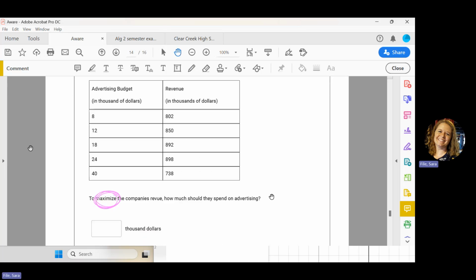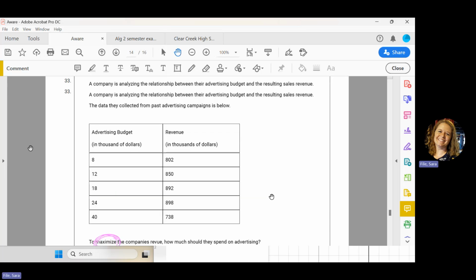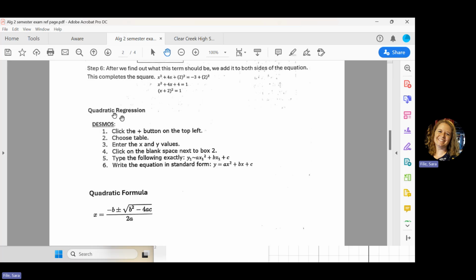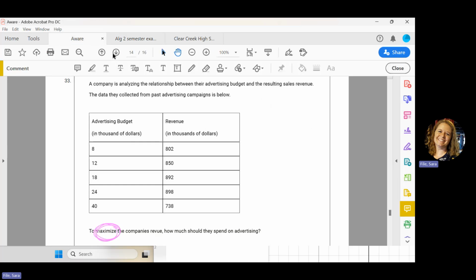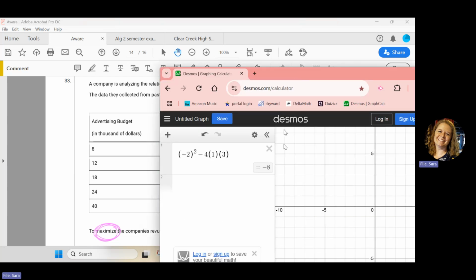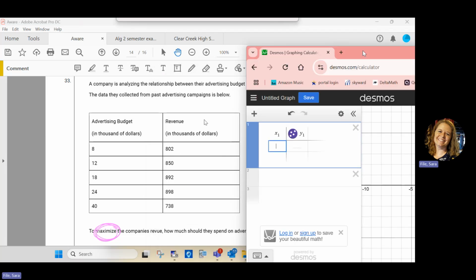Now we have the data, we do not have an equation, so we are going to use regression. When you have a table of data but no equation, this is when regression comes in. And there's the quadratic regression steps here on that reference sheet. So I'm going to come into Desmos and I'm going to add a table